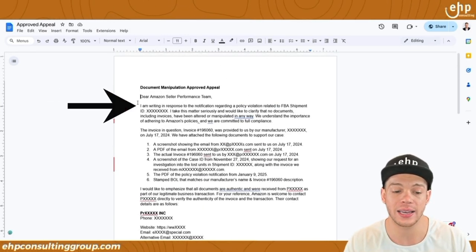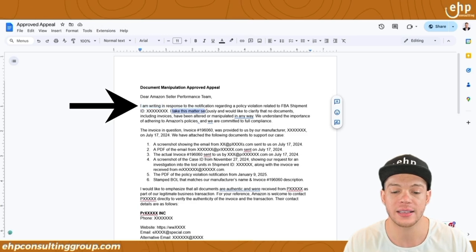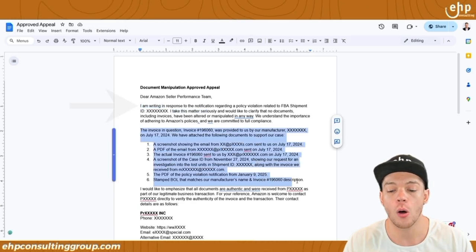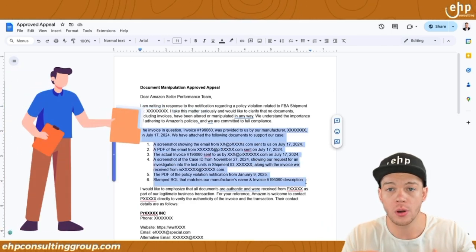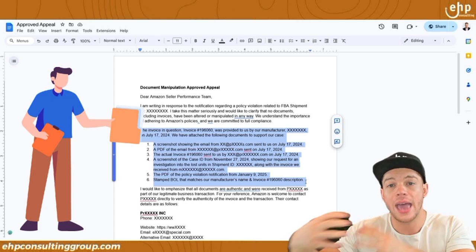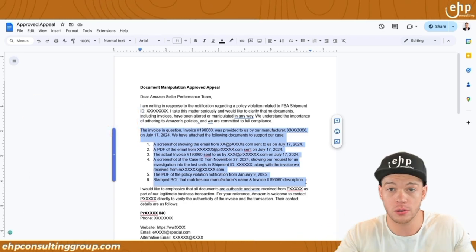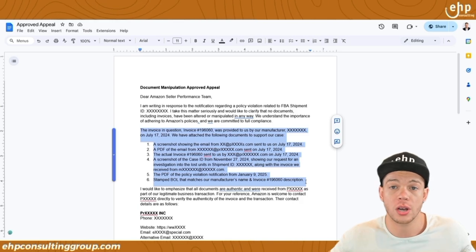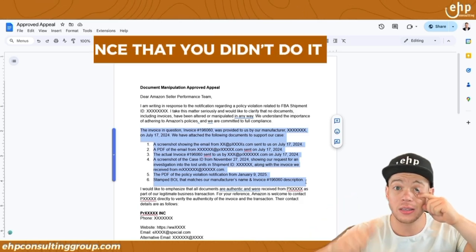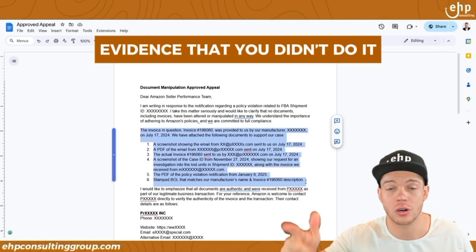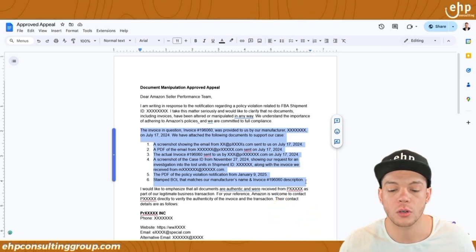And we're saying I am writing. I take this matter seriously. And not only that, we attach proof that we actually have evidence, right? If you're about to go to jail, they're going to say, show evidence that you didn't do it. You didn't get in trouble. This isn't your fault, right? So you need to provide